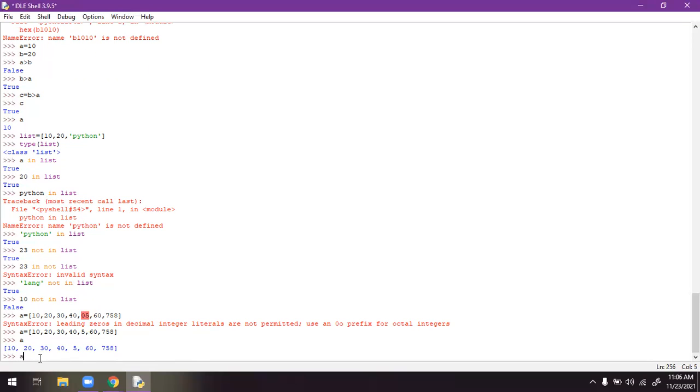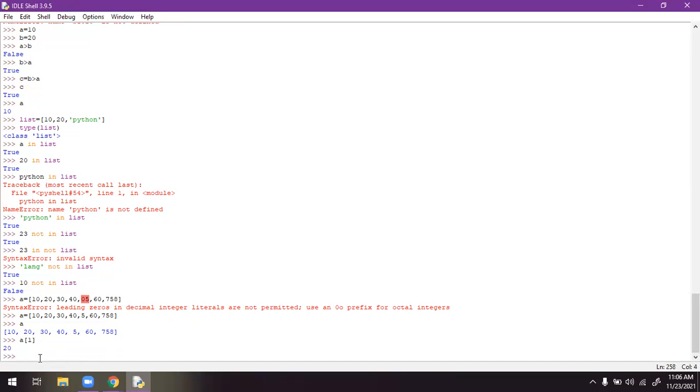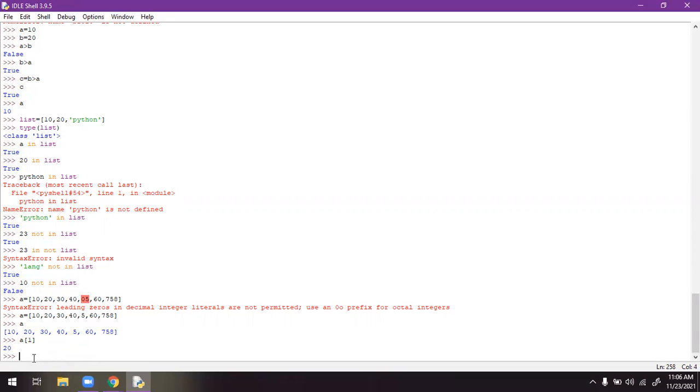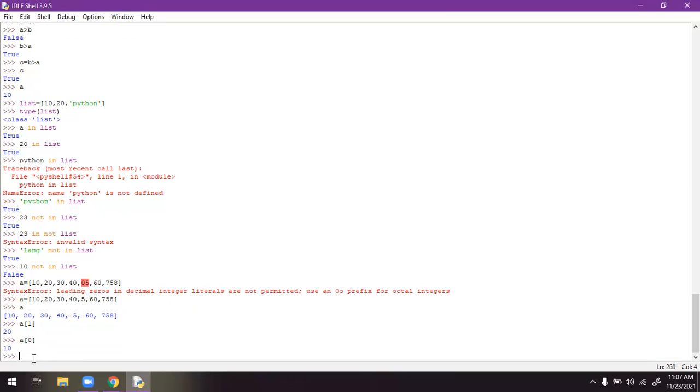If you write a[1], what will you get? You get 20. 20 is the second number in this list, but if you write 1, we get 20. Why? Because the indexing concept begins from 10, and the index for 10 is always 0. It always starts at 0, and always ends at n minus 1.